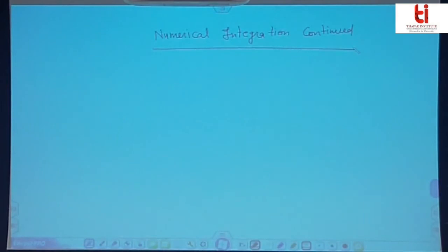Hello everyone, in this lecture class we will discuss numerical integration. We started the first part in the previous class. We discussed that the definite integral of the function from a to b can be written as the sum of wi f of xi, i equal to 0 to n. Then it is called